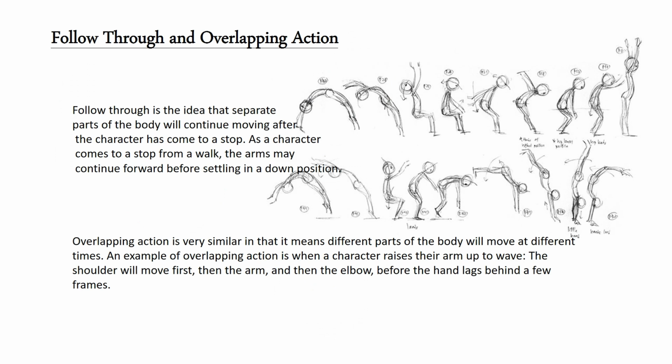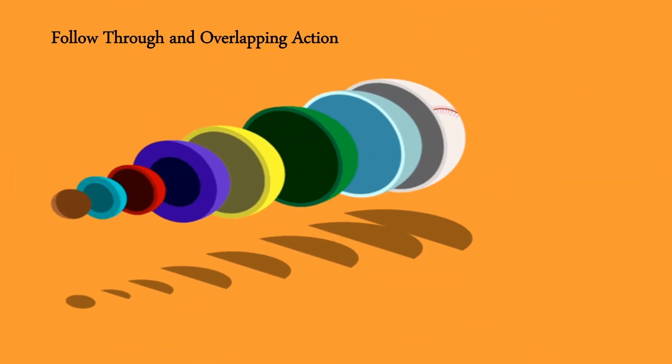Follow through is the idea that separate parts of the body will continue moving after the character has come to a stop. As a character comes to a stop from a walk, the arms may continue forward before settling in a down position. Overlapping action is very similar in that it means different parts of the body will move at different times. An example of overlapping action is when a character raises their arm up to wave. The shoulder will move first, then the arm, and then the elbow, before the hand lags behind a few frames. For example,